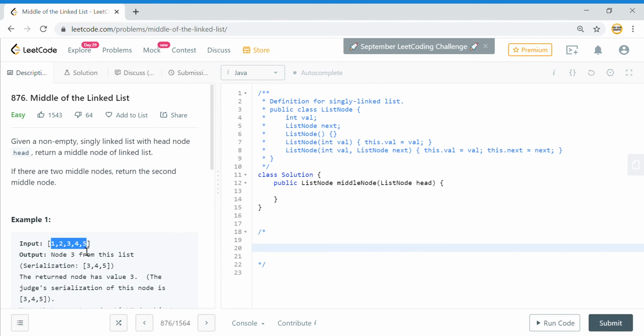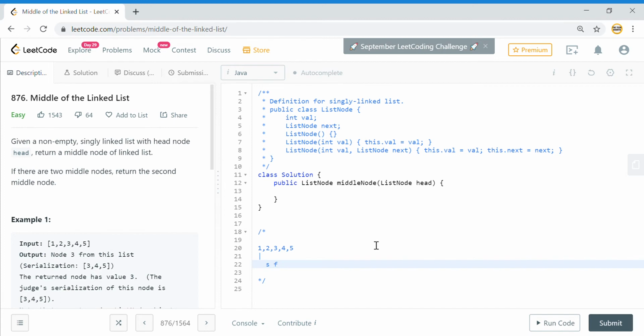So if this is the list that has been given to me, now I have two pointers here, a slow pointer and a fast pointer. If I move the fast pointer two steps at a time, after the first iteration my slow pointer will be at 2 and my fast pointer will move two steps ahead and be at 3.